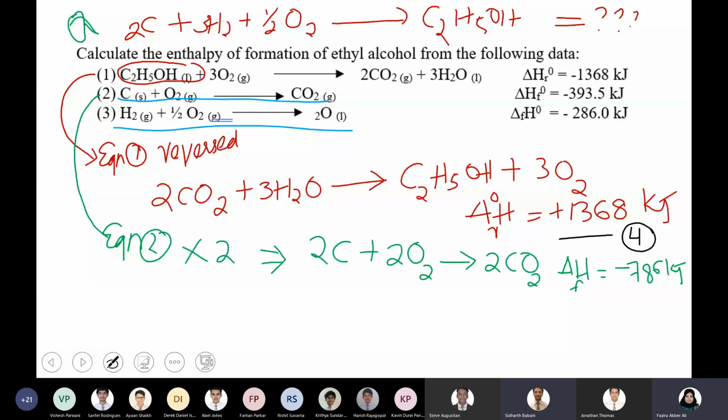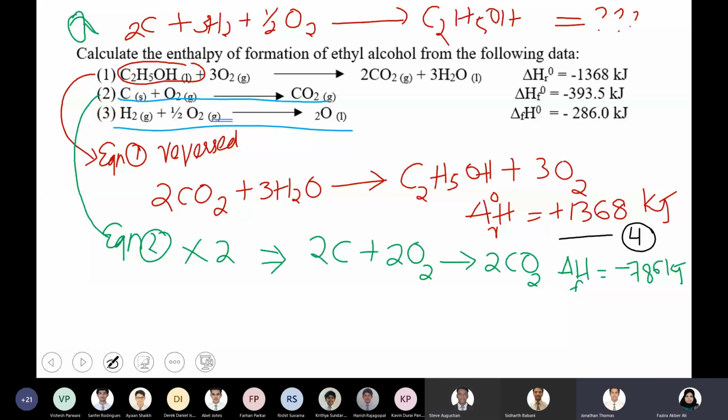Yeah, it will change now. Before, it was given as delta HF, that is why I wrote like that. Now after multiplying with 2, it is not a delta formation, but you can write it as 2 into delta HF. The new value will be 2 into delta HF formation for carbon dioxide, because you are just multiplying. So you can just write delta HR, whatever. That's fine. Thank you, Siddharth, for pointing that out.